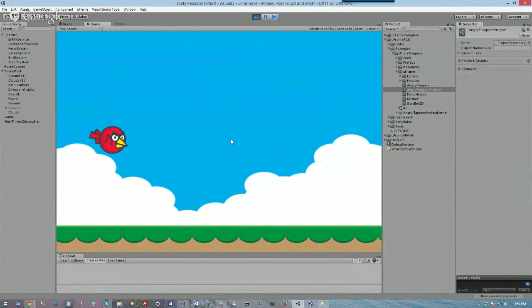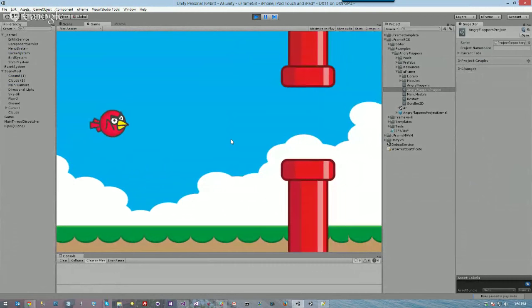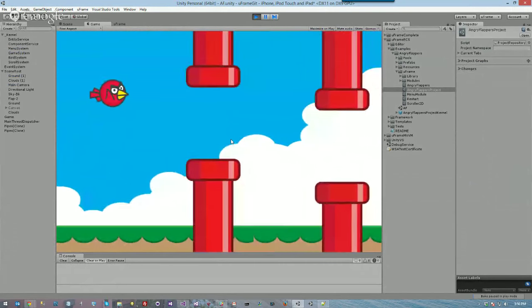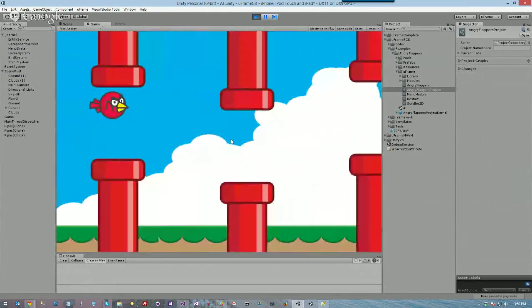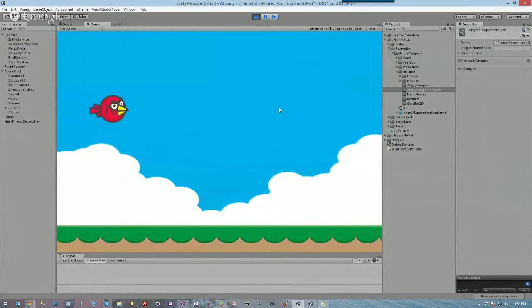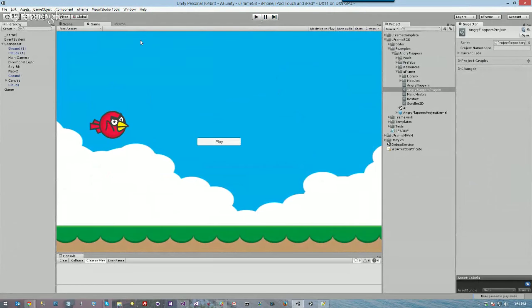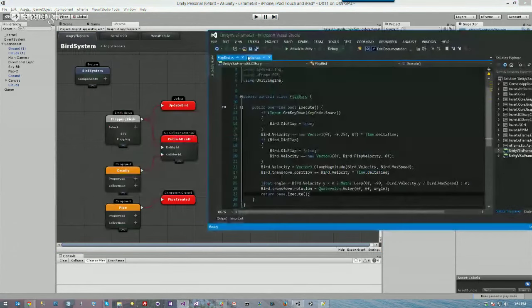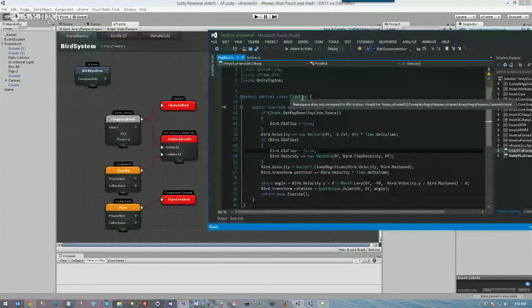Just to show you that it does work. And I'm horrible at Angry Flappers. But anyways, and then when you hit play, you kind of start over. But before I get too far on, just to continue on this, on the other side of this class where the partial is,